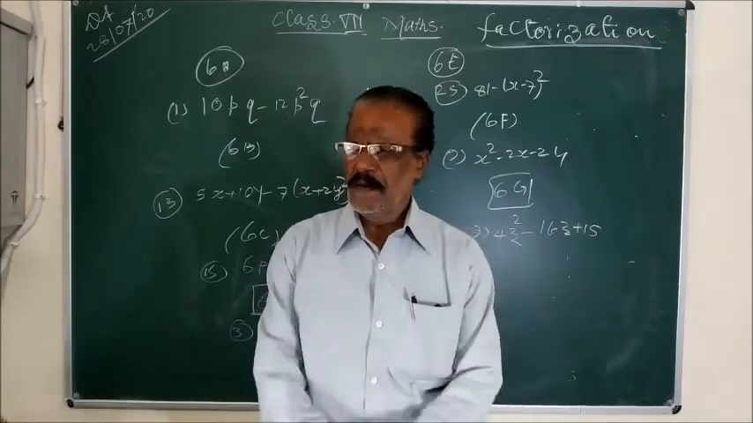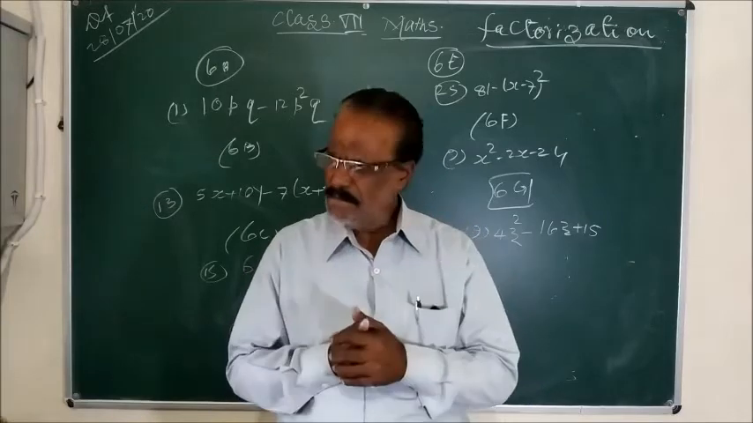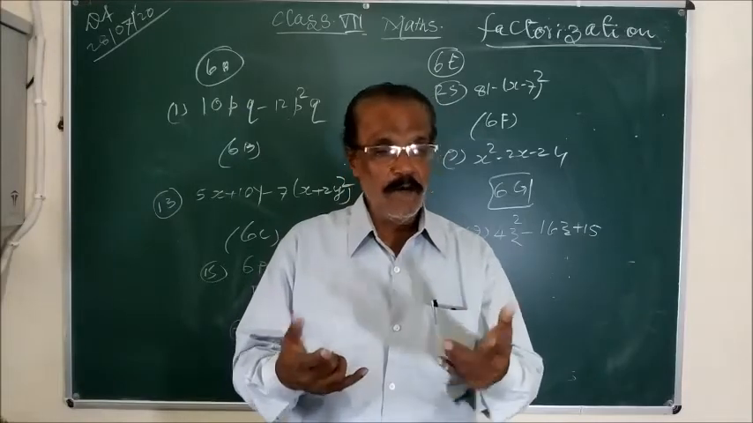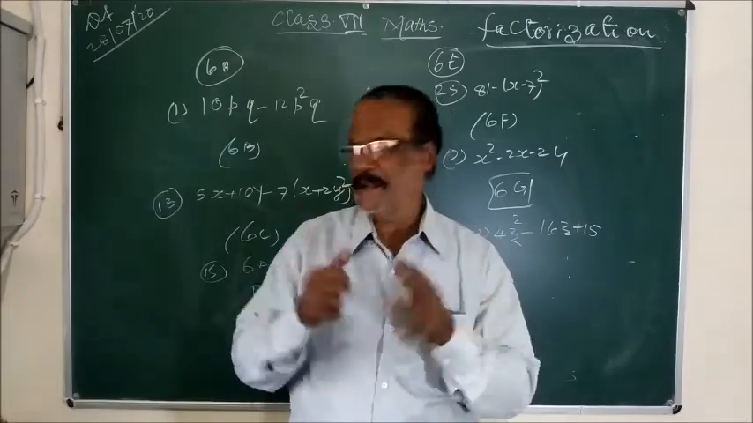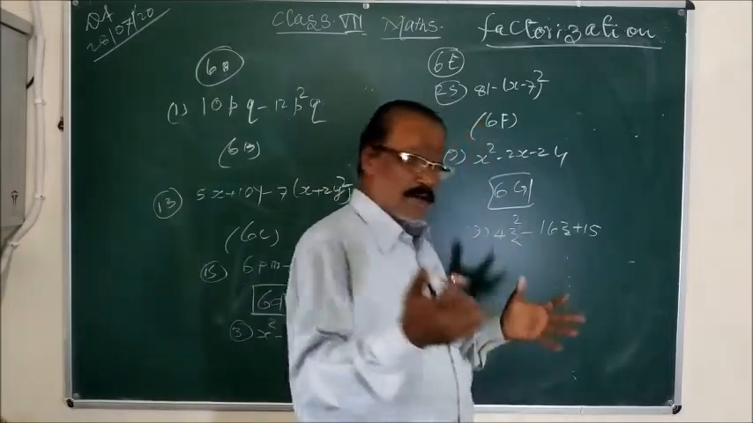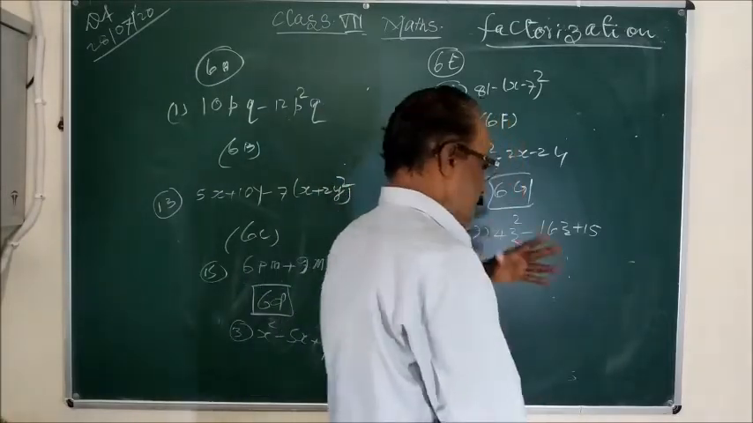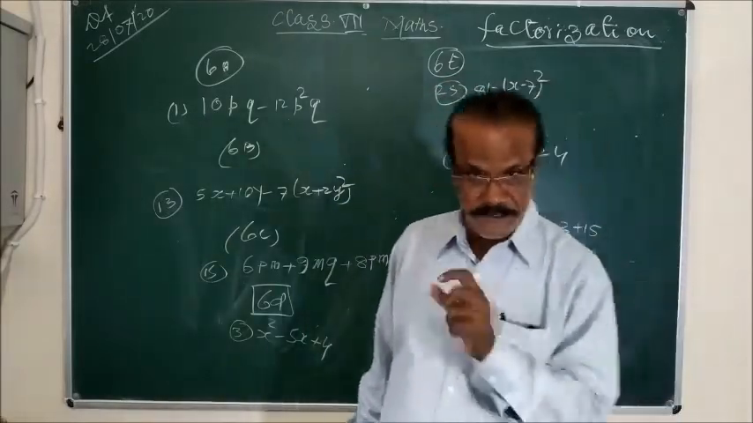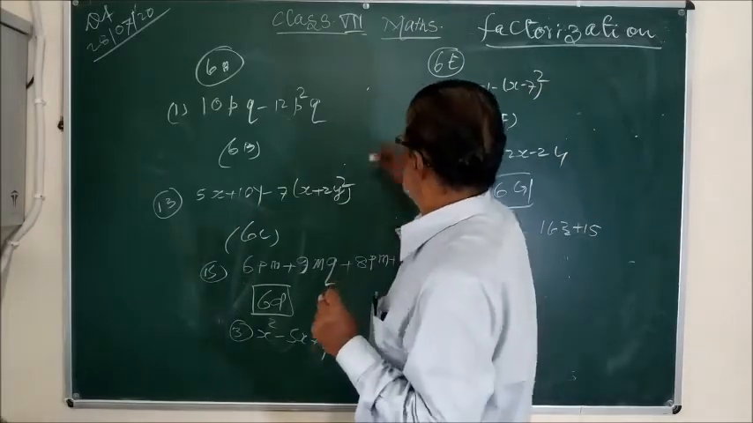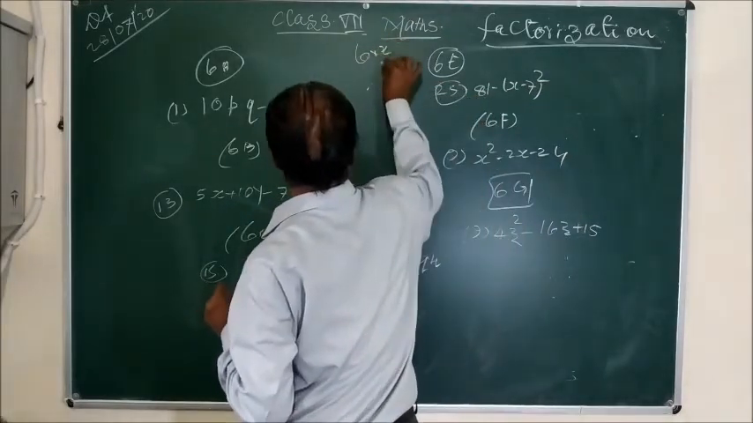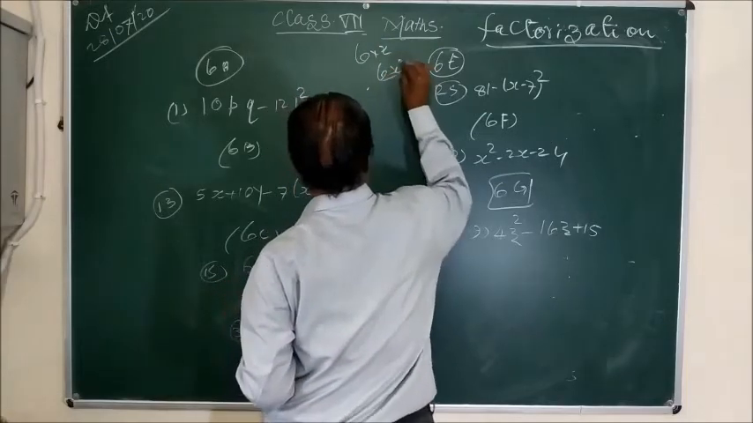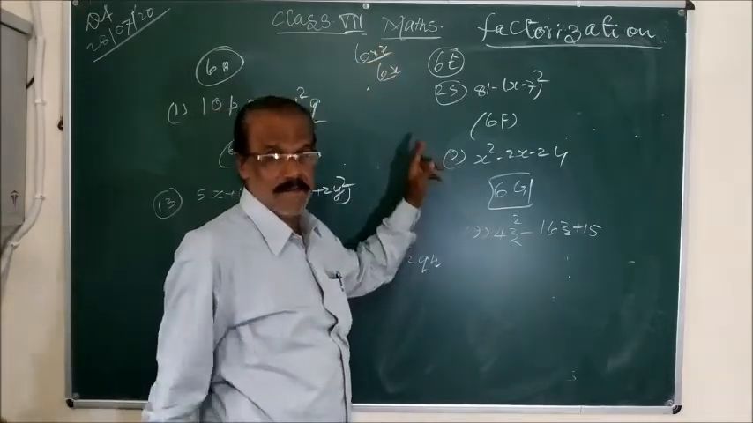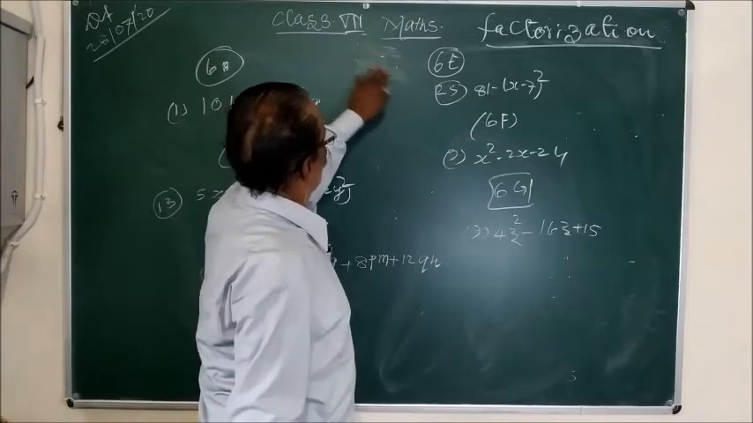Factorization: an algebraic expression, if it is written in the form of a product of two or more factors, that is called factorization. Product and factorization are just opposite processes. 6 into x is 6x, and 6x can be written like this. This is factorization and this is the product. Okay, now I explain